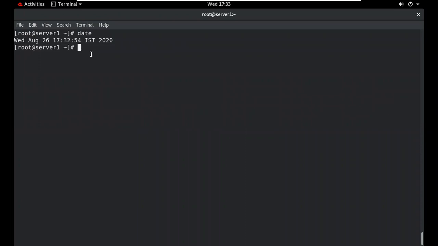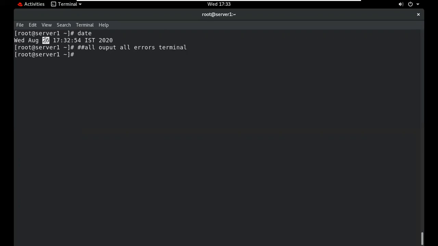We can say that the output will be displayed on a terminal, because by default all output and all errors will be displayed on a terminal by default.